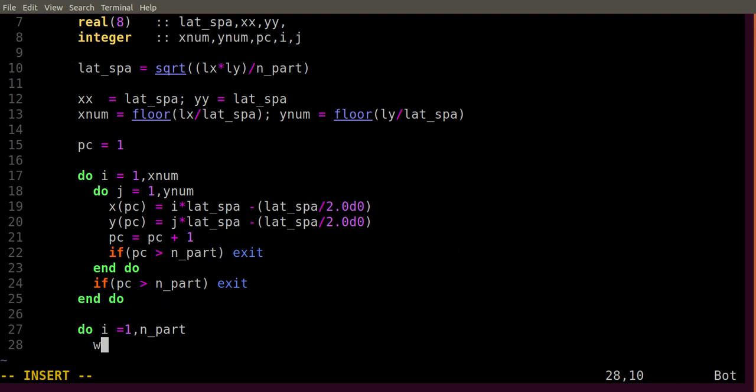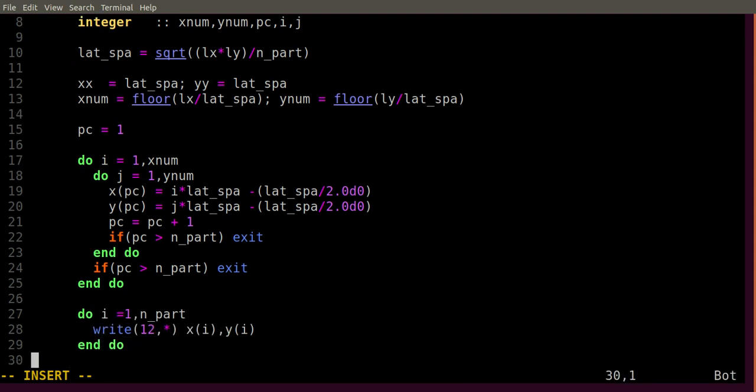I'll just write a file to show you how the lattice will look like: x of i and y of i, which is the x position and y position, and end do, and then end program. So now we have written a code on how to generate a square lattice.